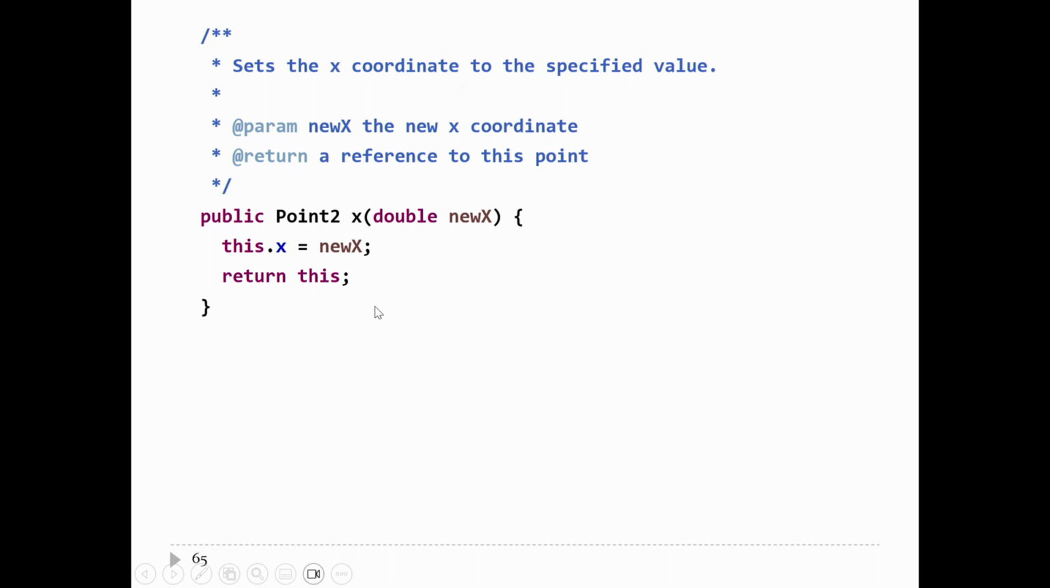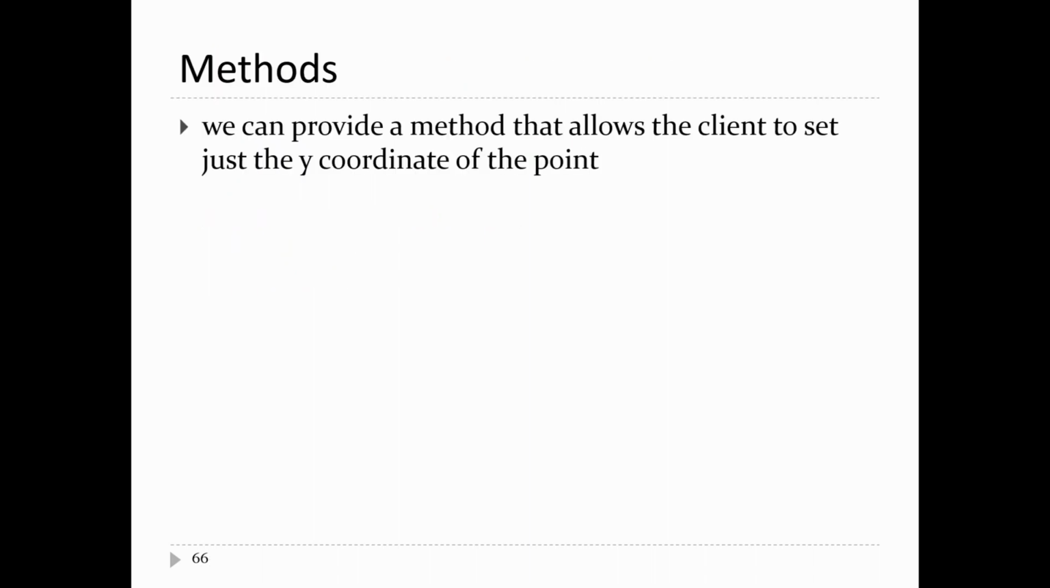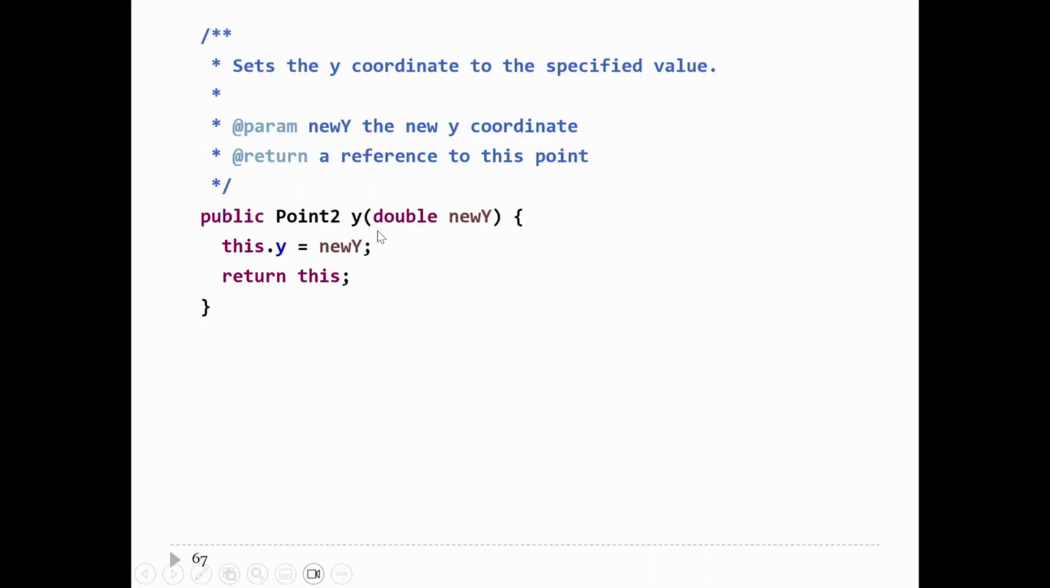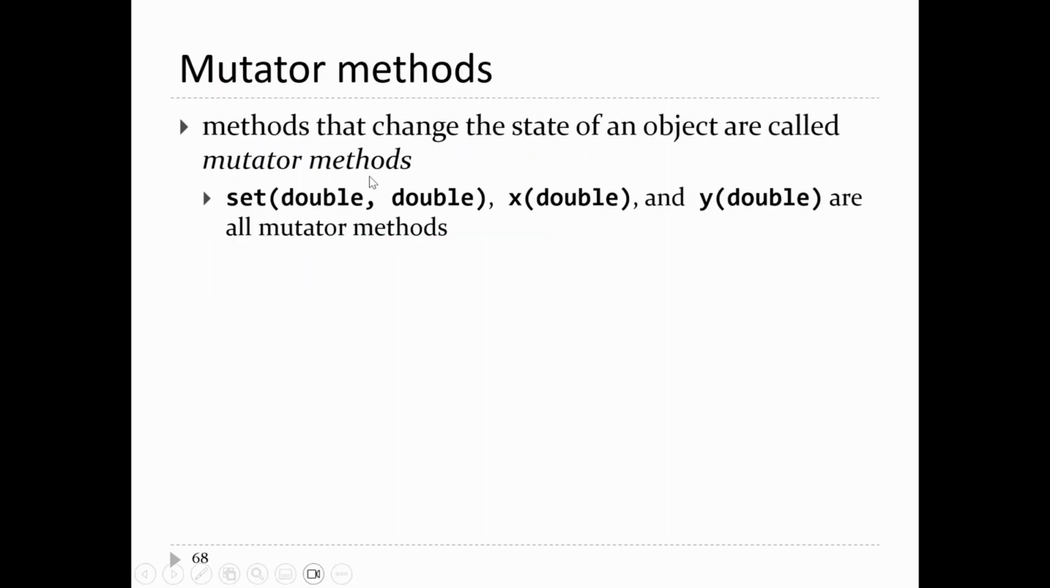So that the users can chain a series of method calls together. And of course, if you want to change x, you probably want to let the user change y, so provide a different method to change just the y coordinate. All right, so those three methods that I just showed you, those are all examples of what are called